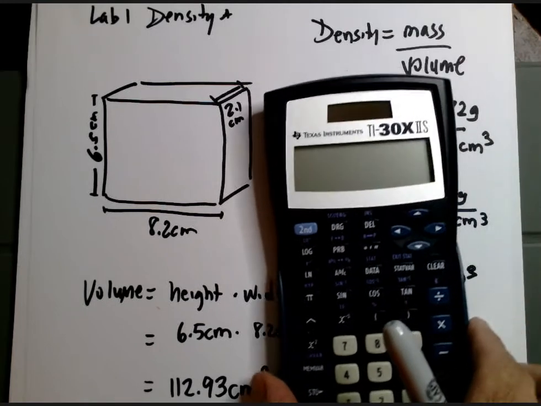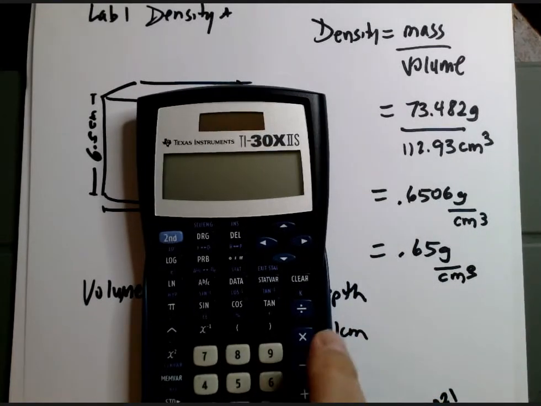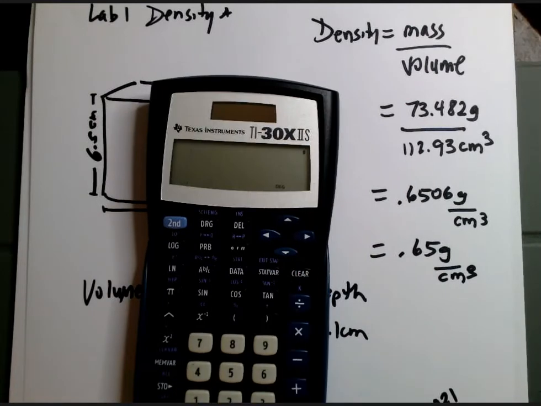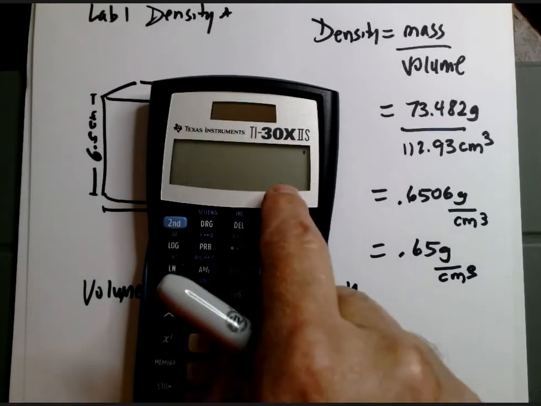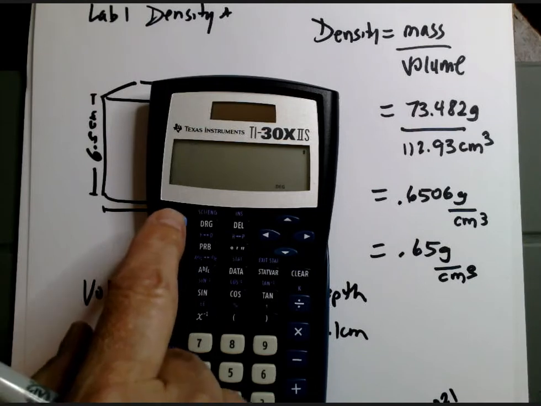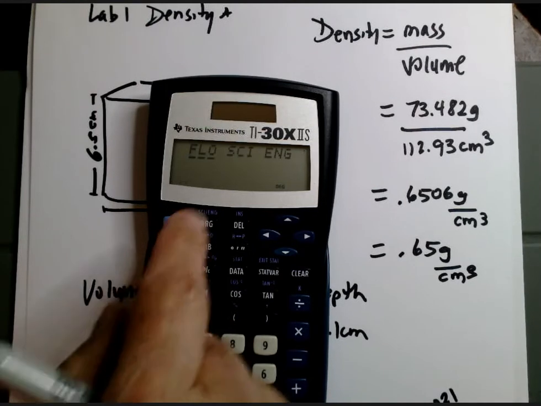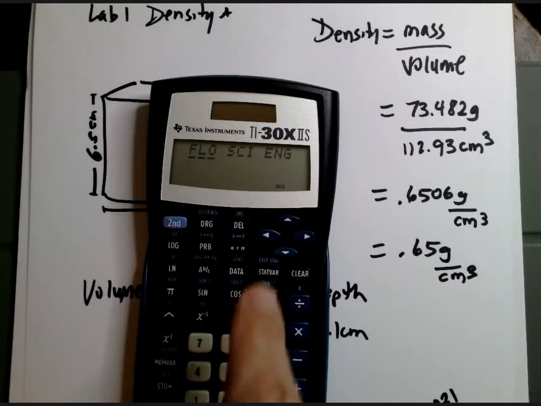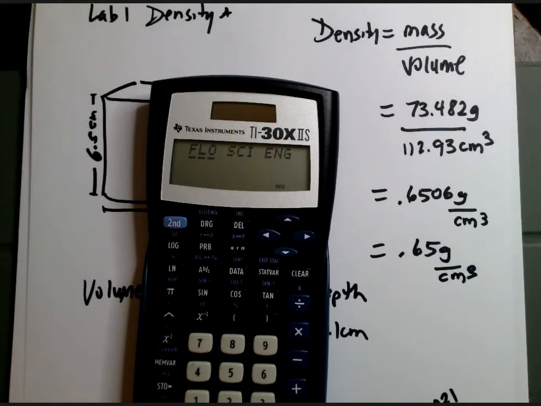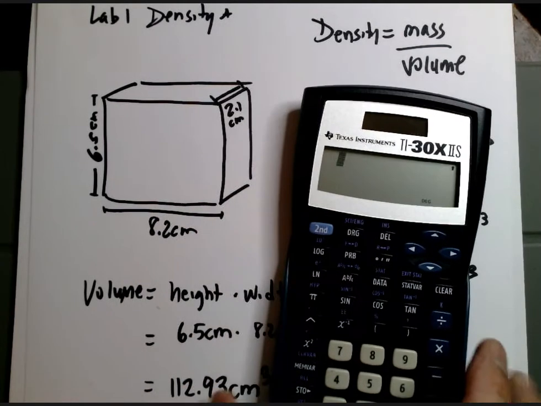So let's make sure that we have it turned on, and let's hit clear. And notice that I have it in degrees mode, and I usually like to keep it on floating decimal. If I want to convert to an exponent, I can put it in scientific, but let's just hit clear and get out of that. So let's say 6.5